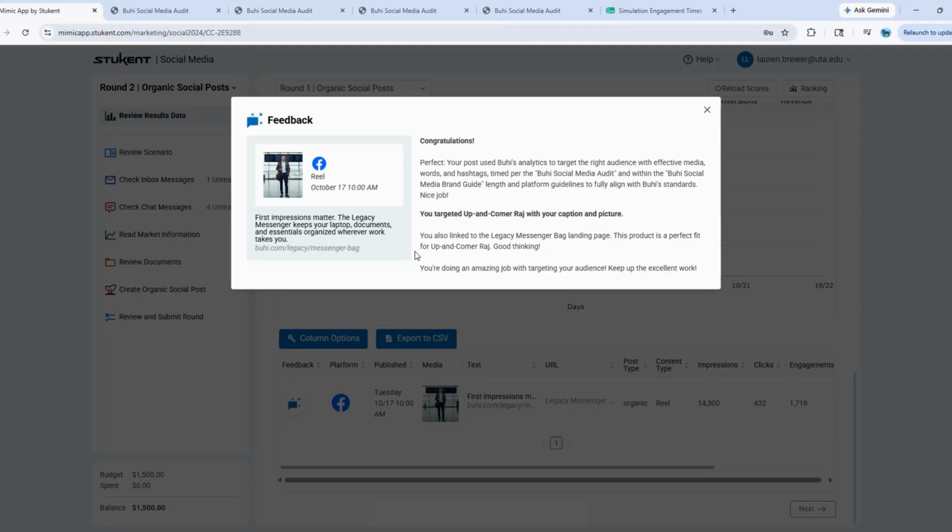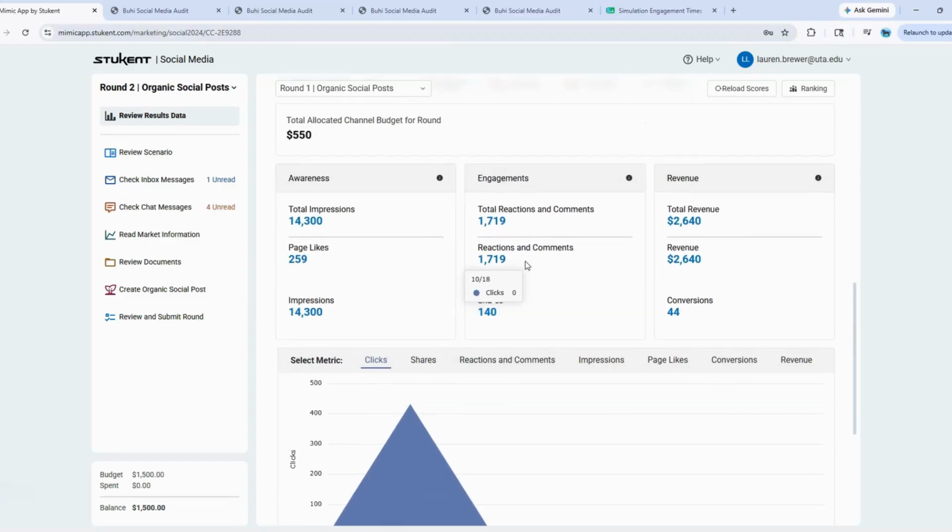So this is great. If we receive a perfect on our posts, these are posts that we likely want to continue the concept. We do not want to repeat this exact same post in the second week or any future weeks, but we want to repeat the concepts that we used. So using our social media audit, posting at the right times, making sure we're matching that target audience, all of that information we will try to continue. So overall, nice job on our Facebook post, right?